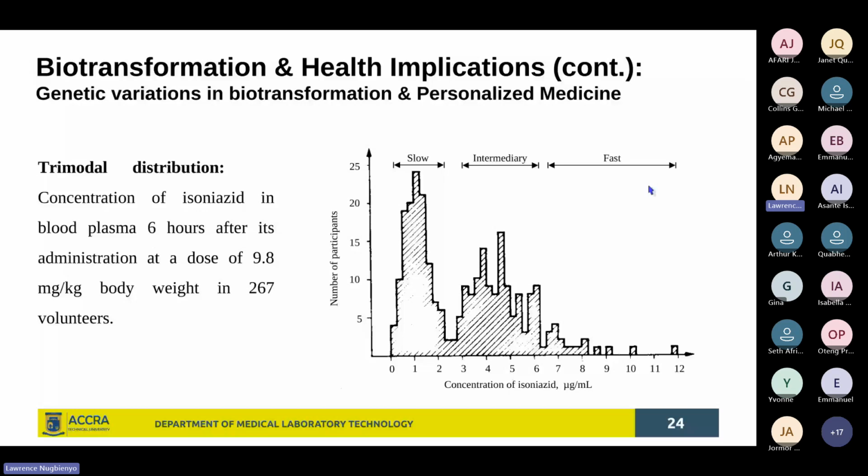an individual. If not, if the person is having very fast metabolism, what will happen is that if you are giving the same dosage that you are giving to someone who is having a slower rate of metabolism, the drug will then not have the therapeutic effect that it should have, because the person will quickly metabolize the drug and the drug will just be excreted out of the body. Whilst if you give